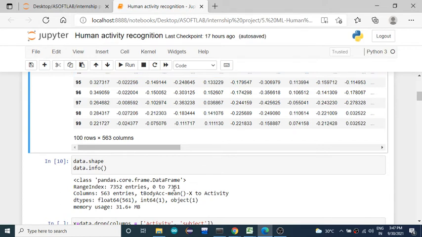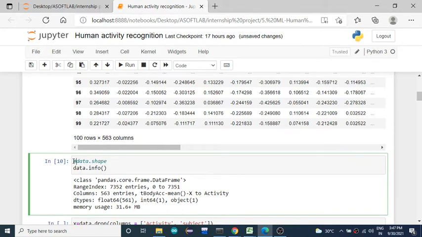And coming to samples, we have 7,352 samples and about 563 features. There is no missing data here, since all the values are filled for all the features.